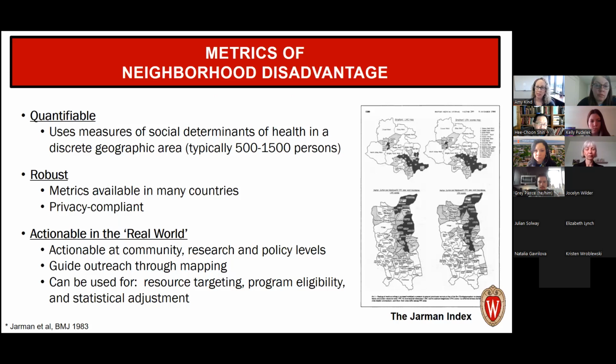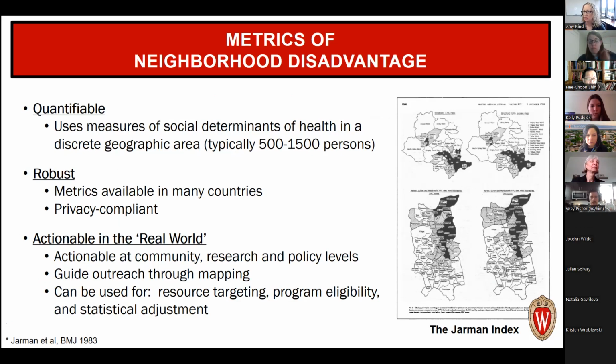So we spend a lot of time thinking about these metrics. Places in Europe and other places outside of the US have thought about them much, much longer than we have. But these metrics, there's an entire field of them. They come out of the world of health policy and economics. They are multi-domain metrics of disadvantage that tend to be used for policy purposes in order to target resources and to think about adjustments to things like payments and other types of eligibility.